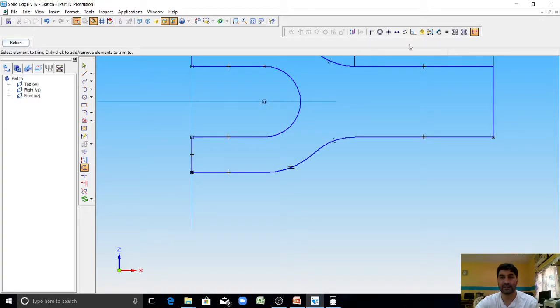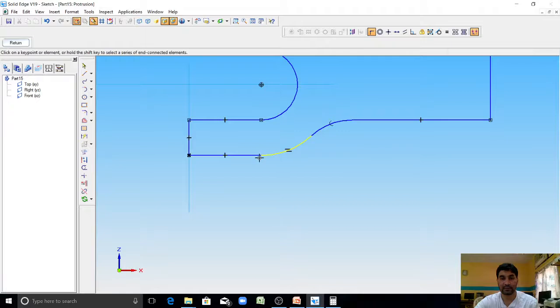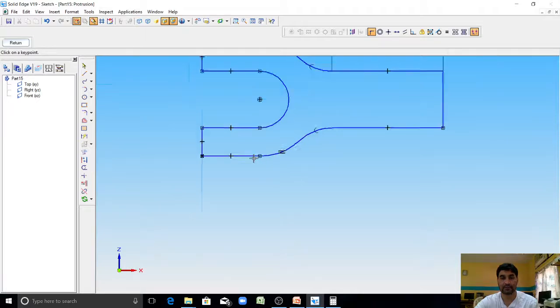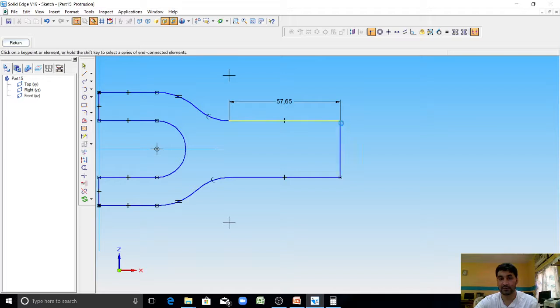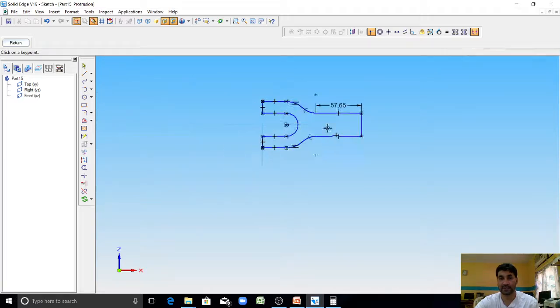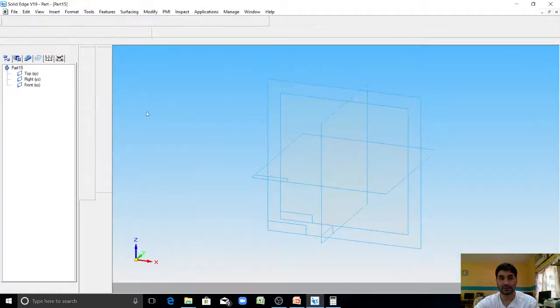So it is not connected here. Using the connect option, connect the end point of this to the end point of this. Similarly, end point of this to the end point of this. Connected now. Click on return.